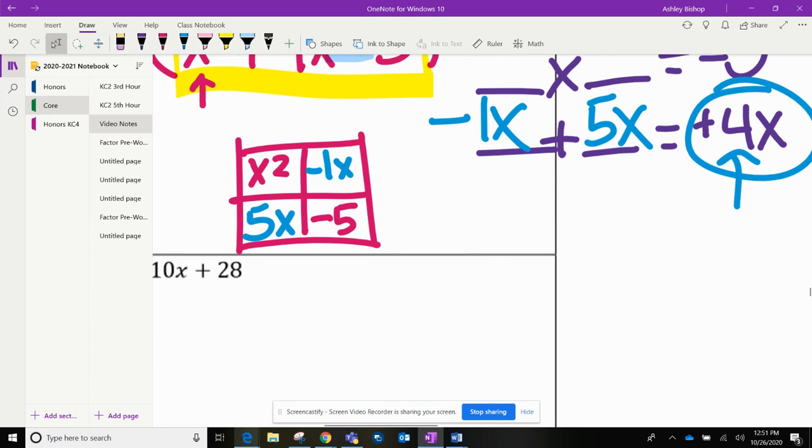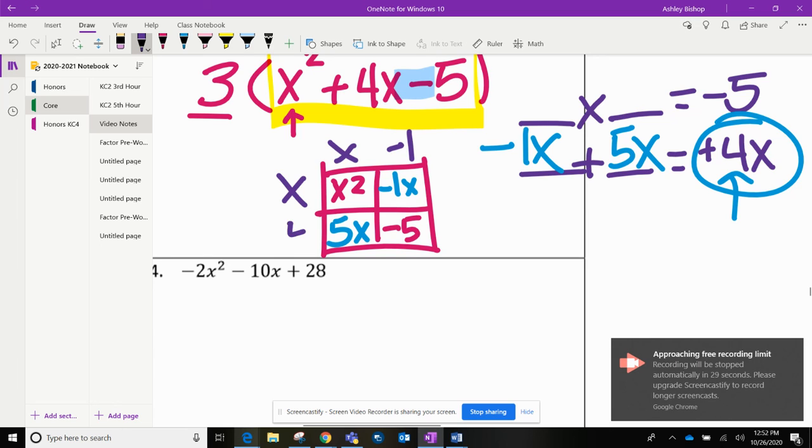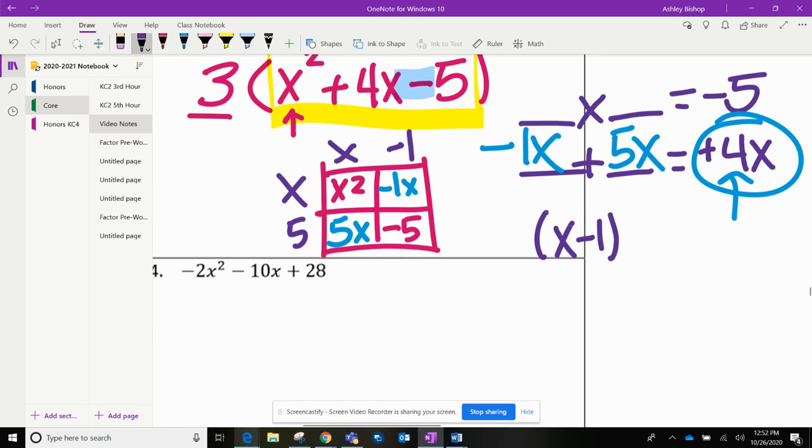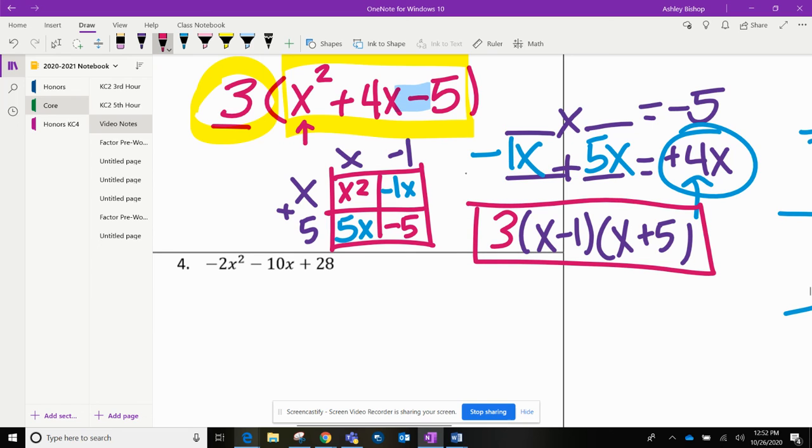And I just need to fill out the outside of the box. This part is not new. So I'm going to have an x here and an x here. I'm going to have a negative 1 here. That'll get me negative 1x. I'm going to have a 5 here. So my answer is going to be in the form of x minus 1, x plus 5. Okay, remember that's not new. If you're not sure, you need to go rewatch the other video from Target C Day 1. But remember, this 3 didn't go anywhere. So I need that 3 to show in my answer. It didn't go anywhere. I need to show somehow that I divided everything by 3. So that is my answer. I'm going to post the note